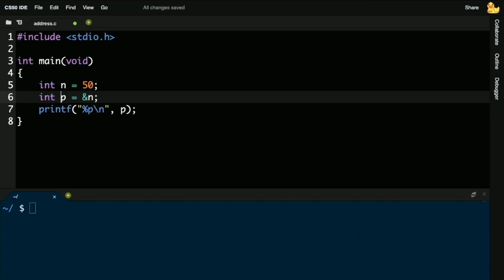So it would be incorrect to say int p equals ampersand n. And indeed, our compiler, Clang, won't like that. It won't let you compile the code most likely. And so instead, I do int star p to make clear that I know what I'm doing. I am storing the address of an int, not an integer per se.